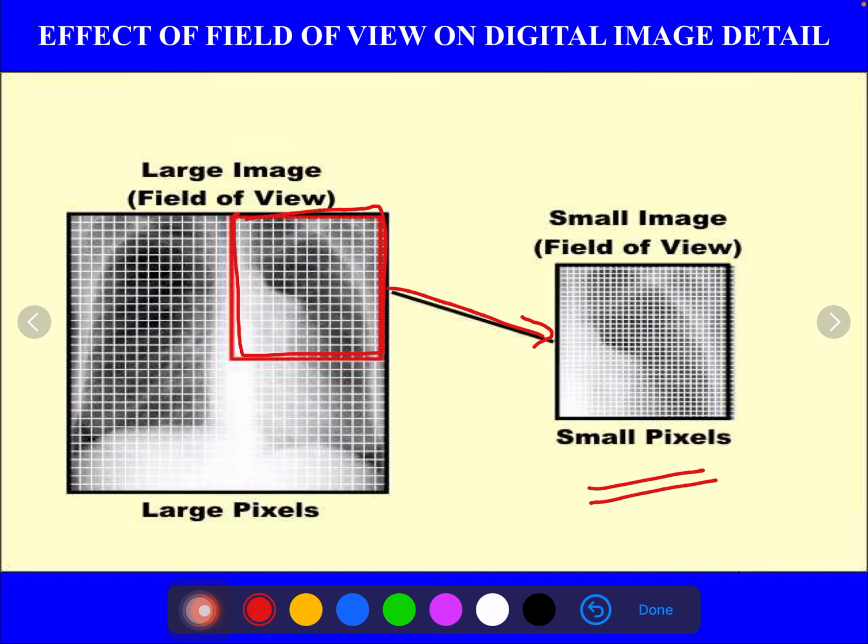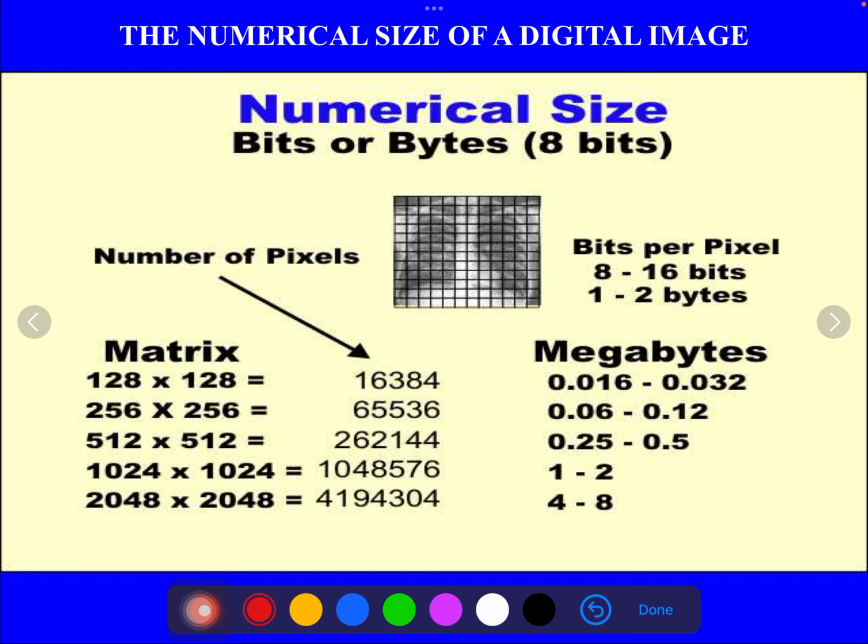A smaller field of view concentrates the same number of pixels into a smaller area, which improves the image details. So then, numerical